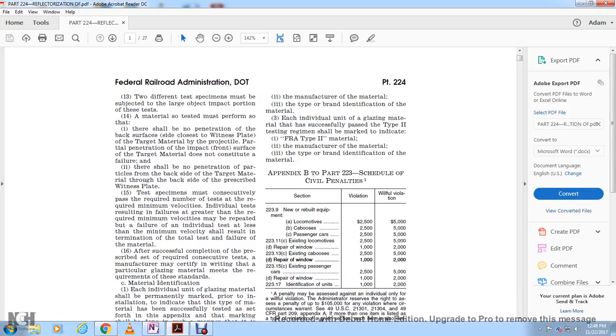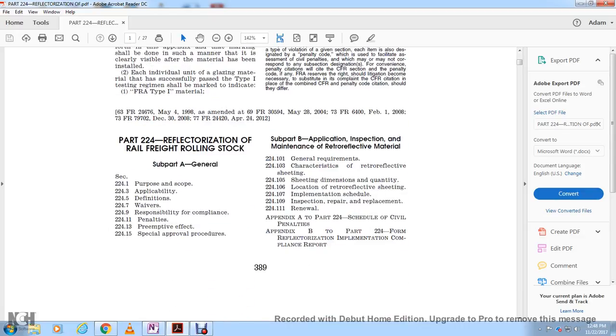Alright, and then it goes into Subpart B, Application, Inspection, and Maintenance of Reflective Material: 224.101 General Requirements, 224.103 Characteristics of Retroreflective Sheeting, 224.105 Sheeting Dimensioning and Quantity, 224.106 Location of Reflective Sheeting, 224.107 Implementation Schedule, 224.109 Inspection, Repair, and Replacement,